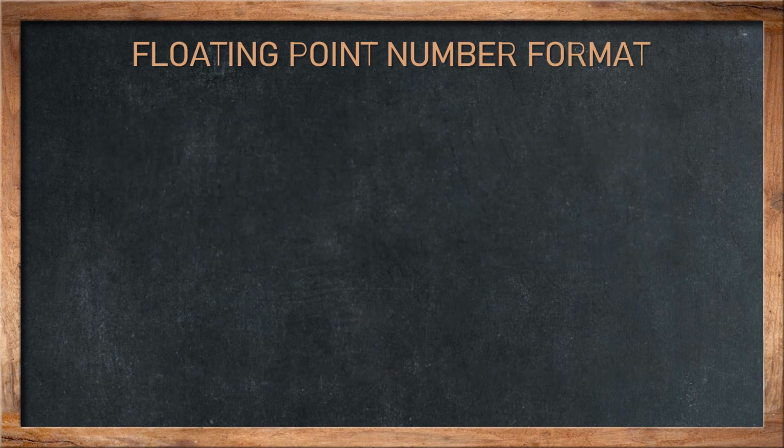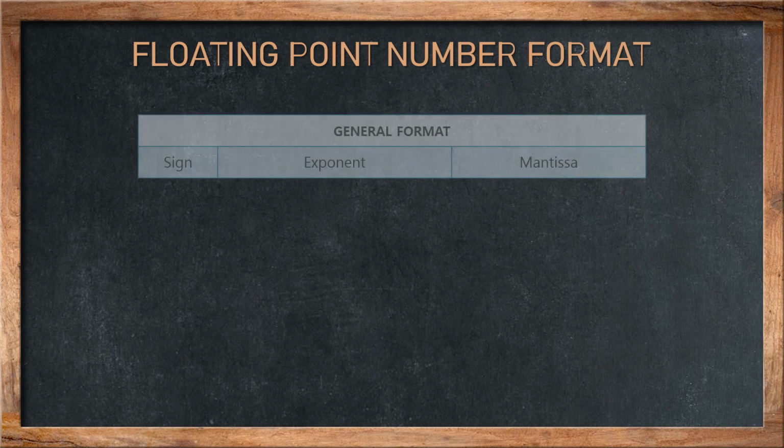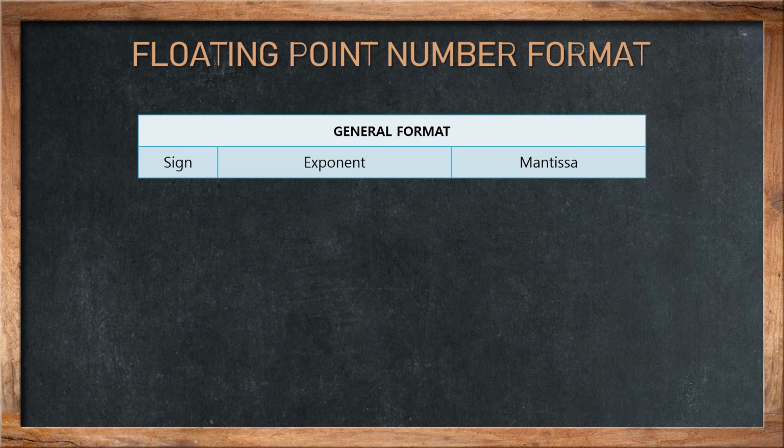Okay, so after learning about the different terminology which we will use when we work with floating point number systems, we know about the mantissa, we know about the radix point, how to shift the radix point, and what changes we get in the number. So many things we know, and what the standard scientific notation is. But how to store that number inside the system? To store any floating point number inside the system, we have a general format. Always divide your number into three portions: sign, exponent and mantissa.